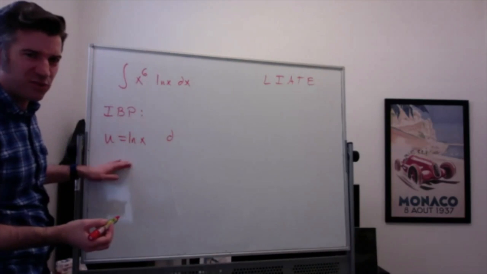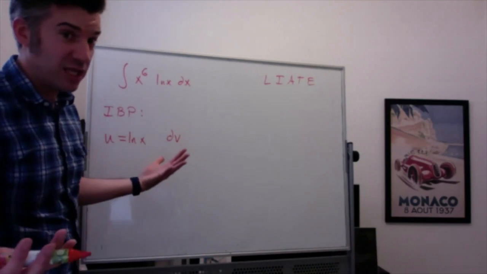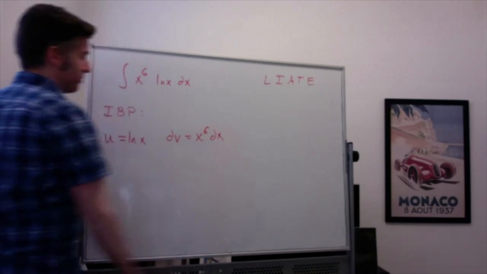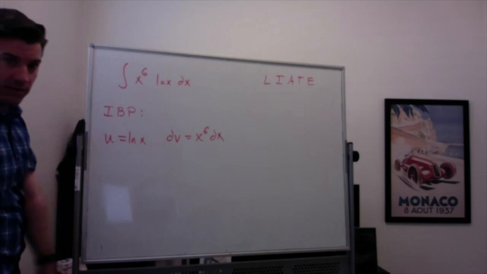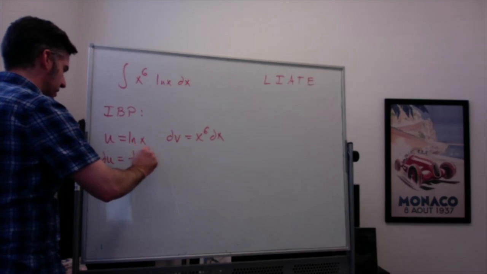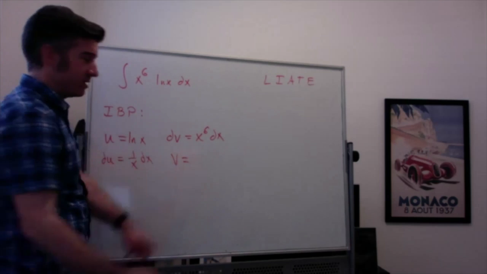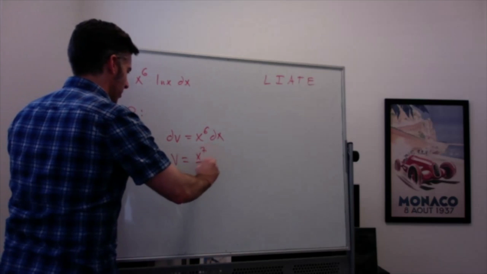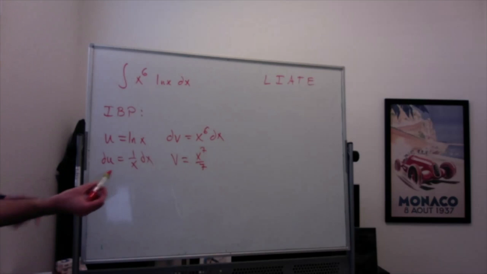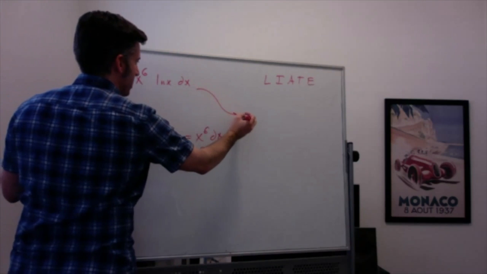And then I always just write down dv and x. Even though I want to take the derivative here, I really want to make sure I get dv right. dv is everything else in the integral. dv is x to the 6th dx. And then I write down the rest of the stuff. du is 1 over x dx. v is the antiderivative of x to the 6th, which is x to the 7th over 7. So then I'm going to rewrite this, and I always feel like I put this in the wrong spot. So this is going to be equal to